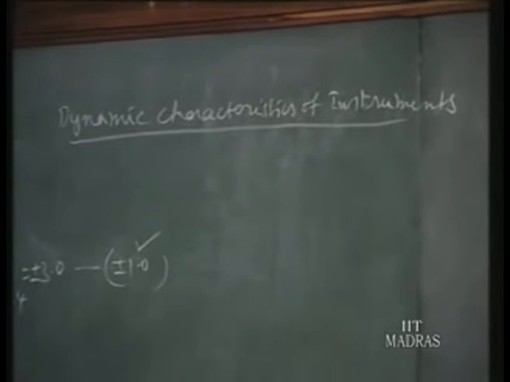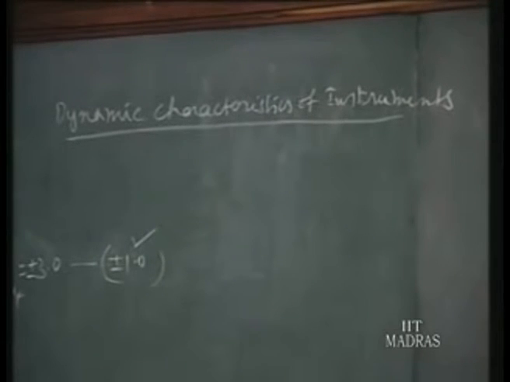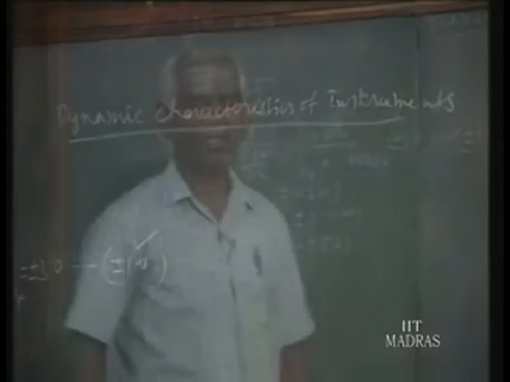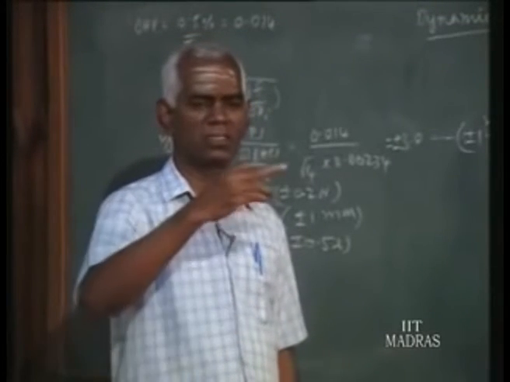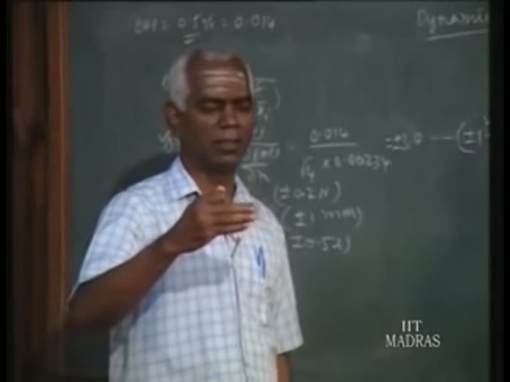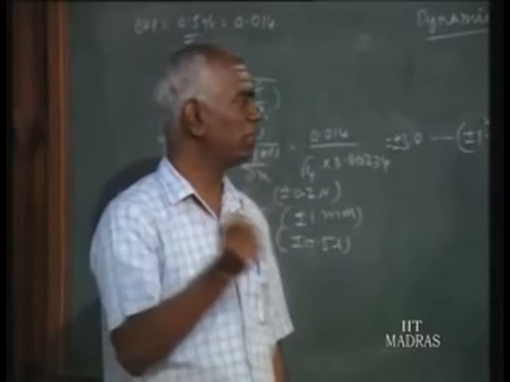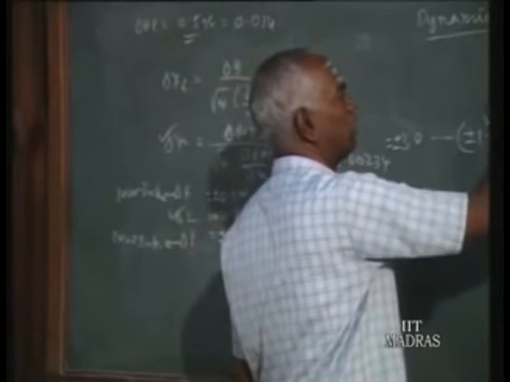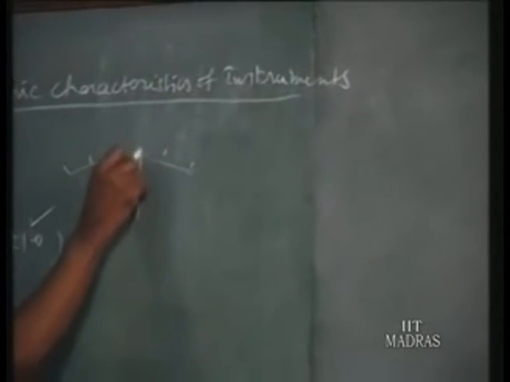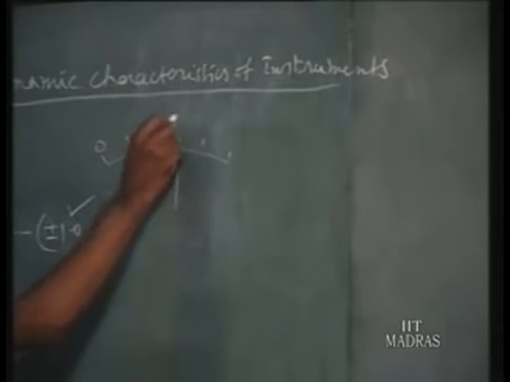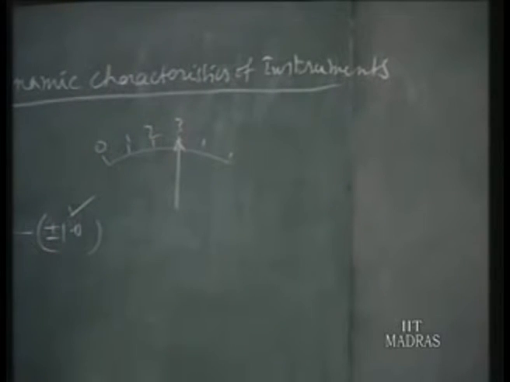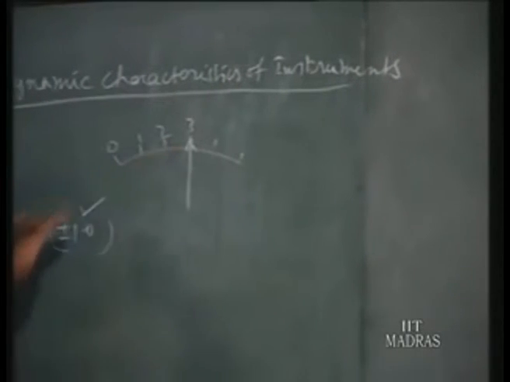Why is it necessary? Often we may encounter measurements of a varying signal. If the signal is constant, at least during the measurement, we can read the value on the scale where the pointer stops. This is the scale, and the pointer will be standing here: 0, 1, 2, 3. So 3 is the reading. That is, the pointer has to be stationary to take readings.